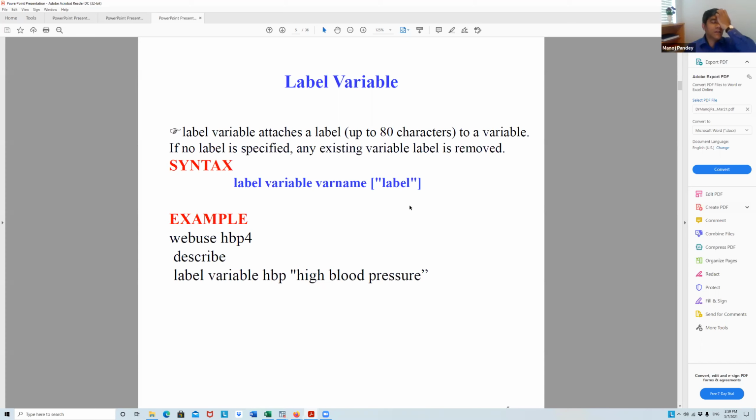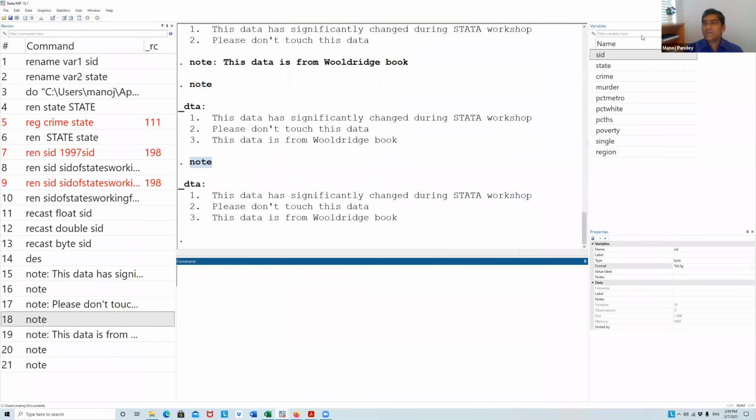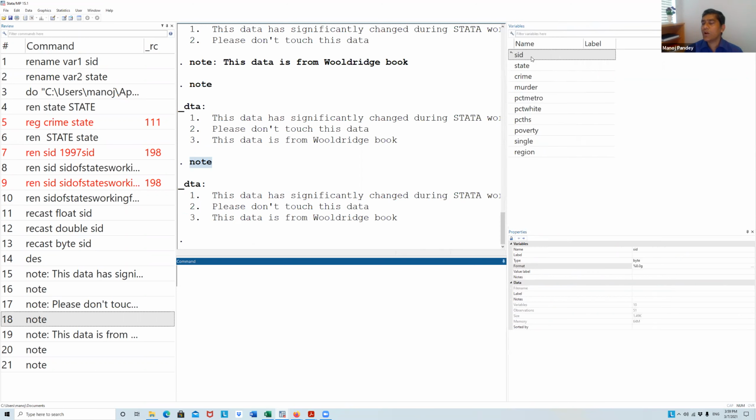So sometimes, let's say SID, someone may not understand what this SID means, because SID is a small name. Someone can say student ID, someone can say state ID, right? Someone can say school ID.